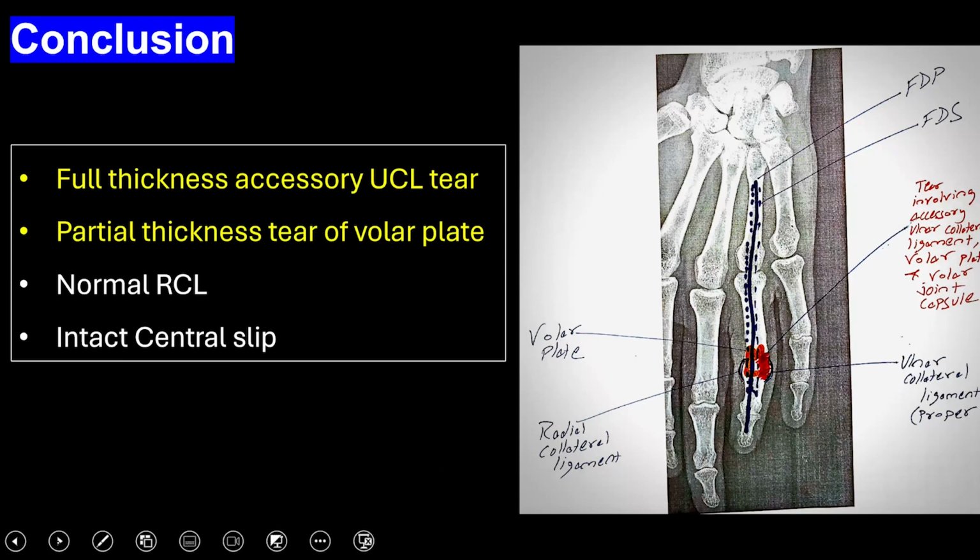There's a partial thickness tear of the volar plate. There's a normal radial collateral ligament and an intact central slip. So this is the hallmark of the pseudo boutonniere deformity, where we have an intact central slip. So again, it's always good to provide the graphic so that the lesions can be very well appreciated by the